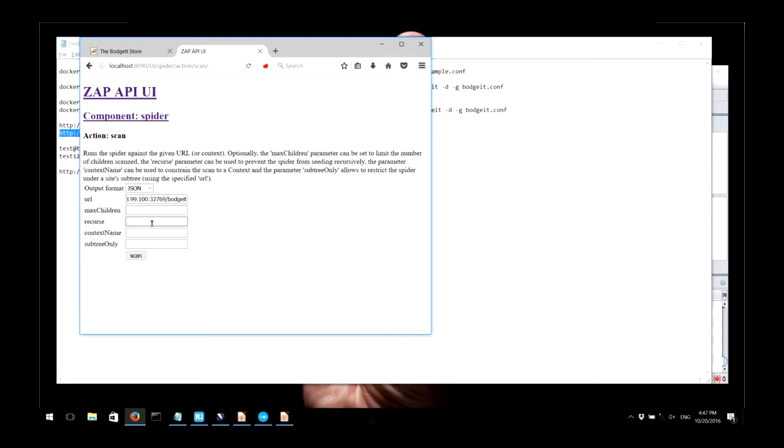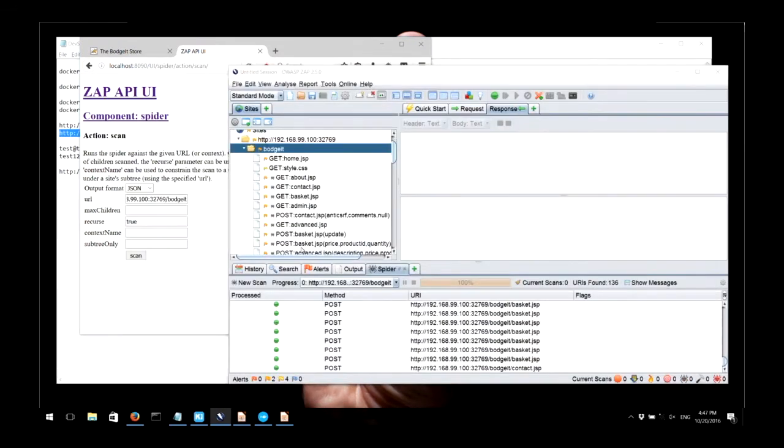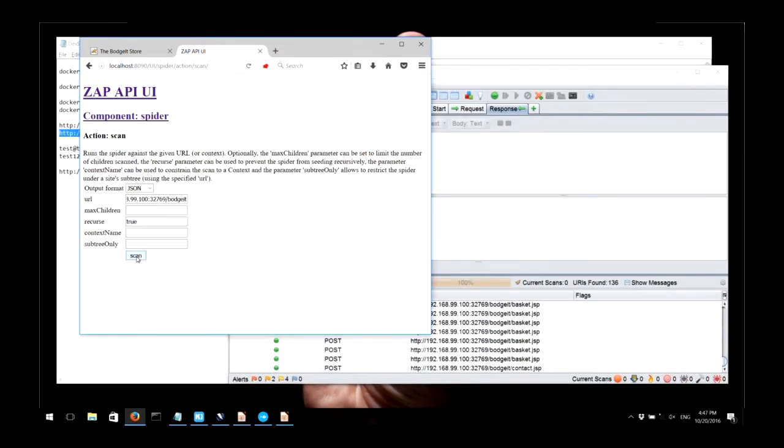Not going to have a max children. Recurse, we do want to recurse. We're not going to specify a context. So max children, you notice, a lot of these terms are basically the same as you see in the UI. We haven't got a full set of options, advanced options. If I make sure you can actually see ZAP as well,